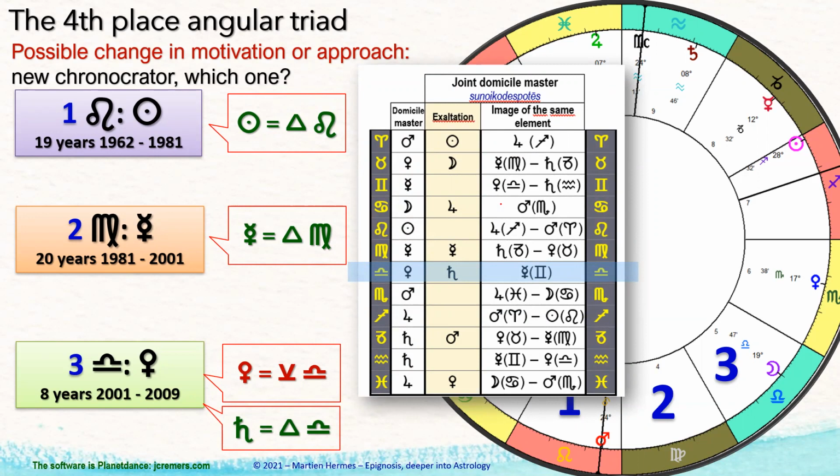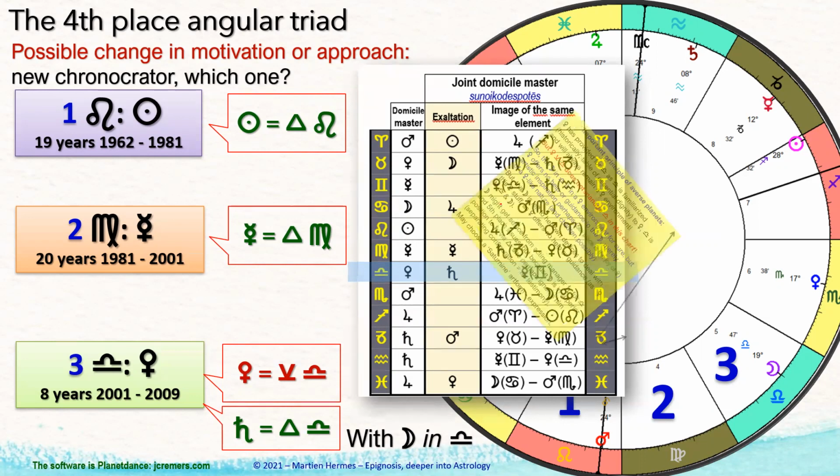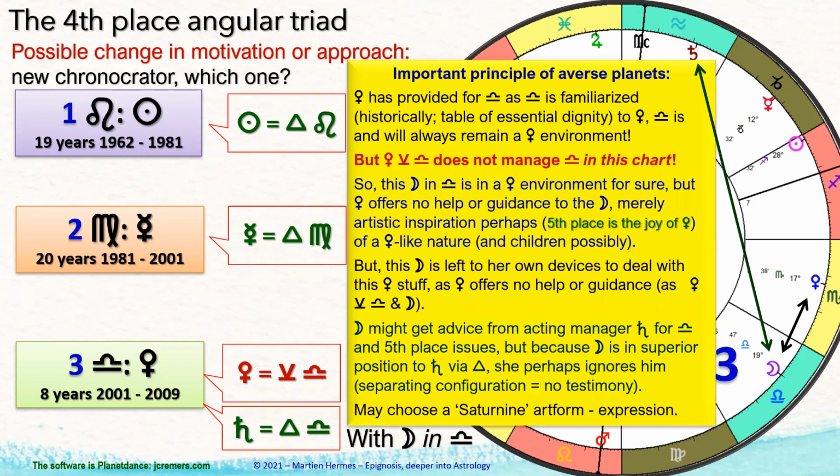Venus is, of course, very important, and I will show you why, because there's something very important going on with planets being averse. And of course, the moon is in this image. So the moon is also very important as a manager for handling things happening in this period in life. Okay, so let's have a look at what's important about an averse planet. In the second webinar, I said something about the term oikeiosis, and that's something that has to do with what I'm trying to say here about averse planets.